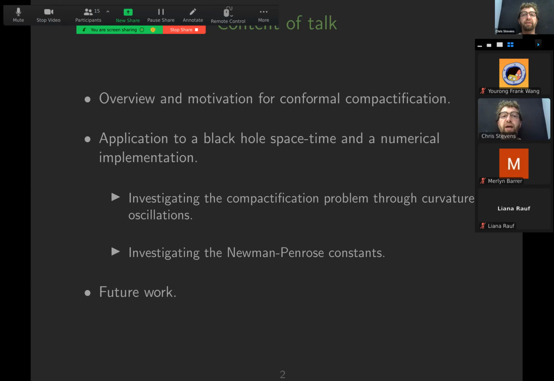Once we've looked at this conformal compactification, we'll set up an initial boundary value problem for the resulting equations that we'll derive, and look at some applications. Firstly, through curvature oscillations. So essentially what we'll do is we'll have a black hole. We will use the initial boundary value problem, choosing boundary conditions in an appropriate way. We'll shoot a gravitational wave into the black hole,